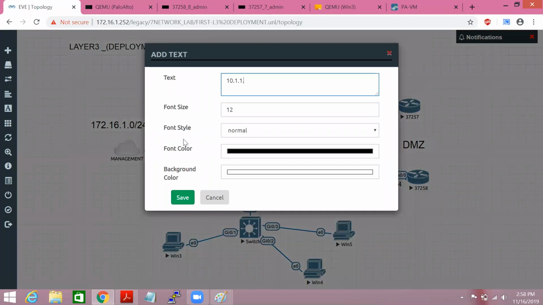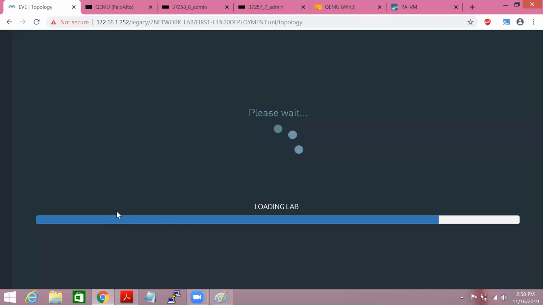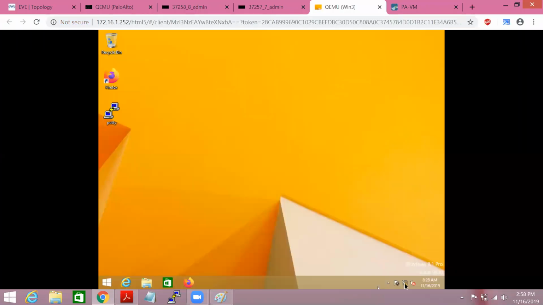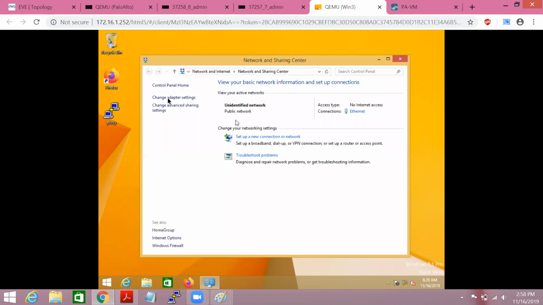And 10.1.1.2/24. In order to configure IP in Windows, you just have to come here and change adapter settings.